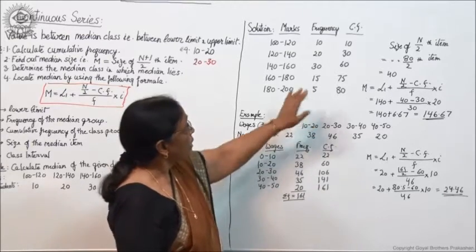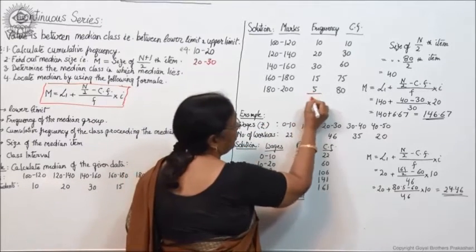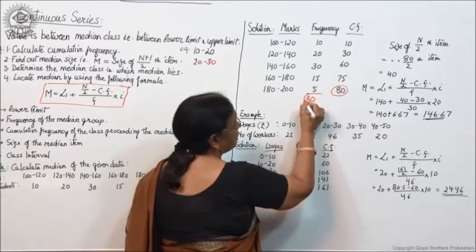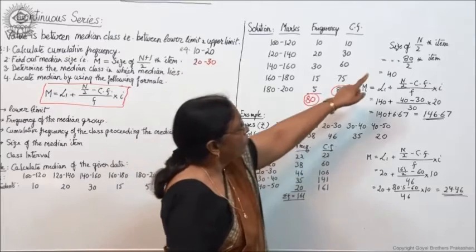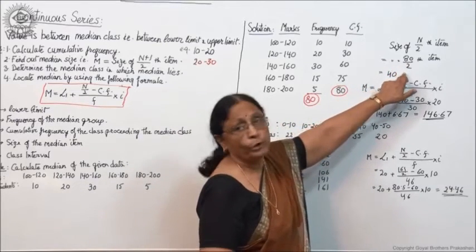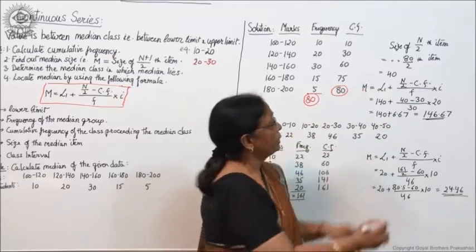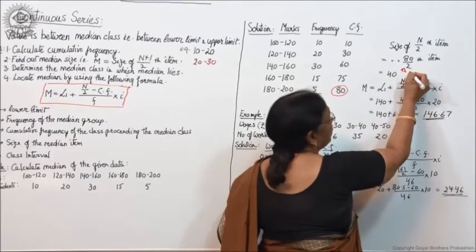So, what is sigma f? Here this will be 80, or this will be the same as this one. So, n upon 2 will be 80 upon 2 item, right? This is 40th, this will be the 40th item,